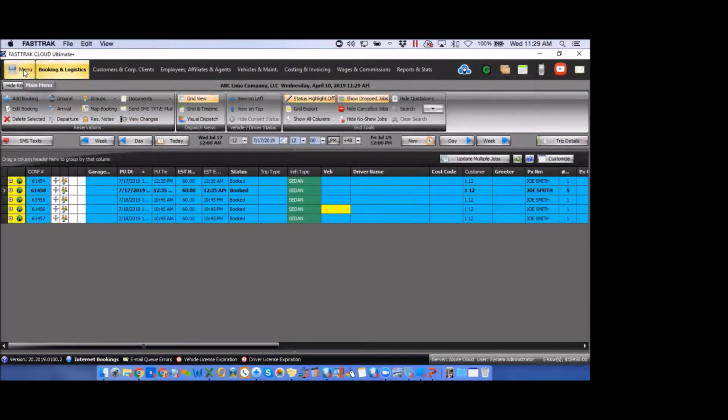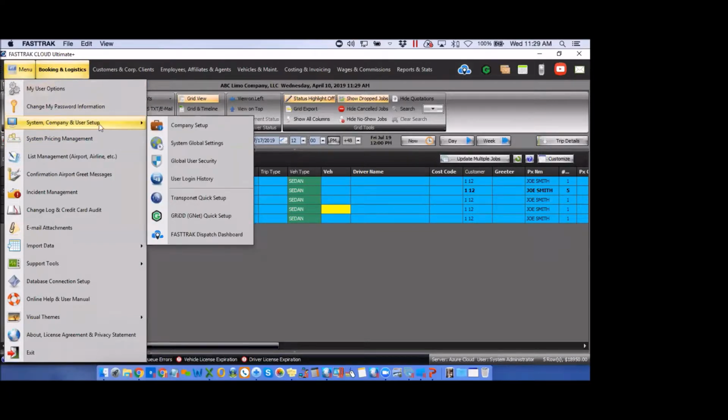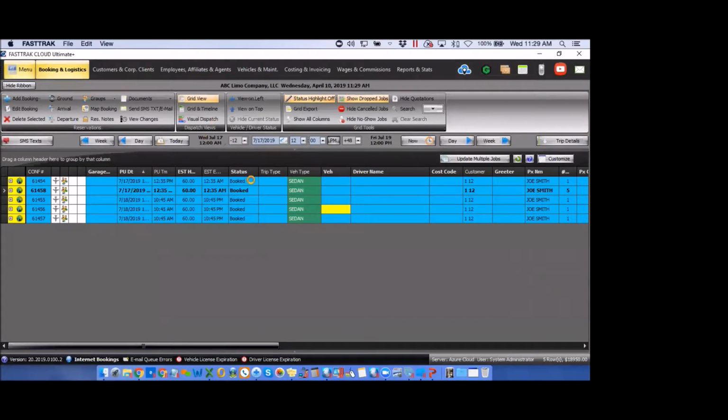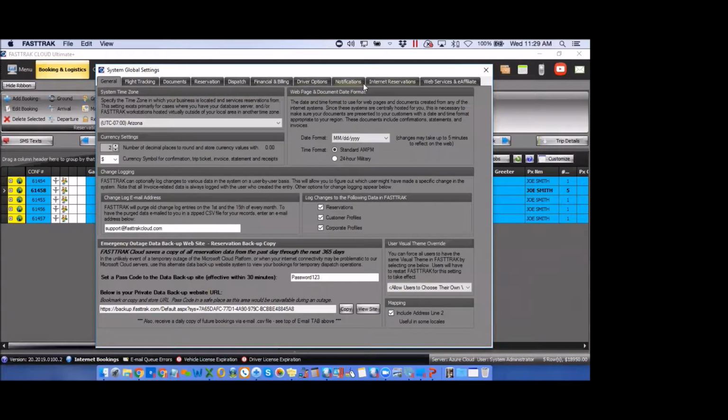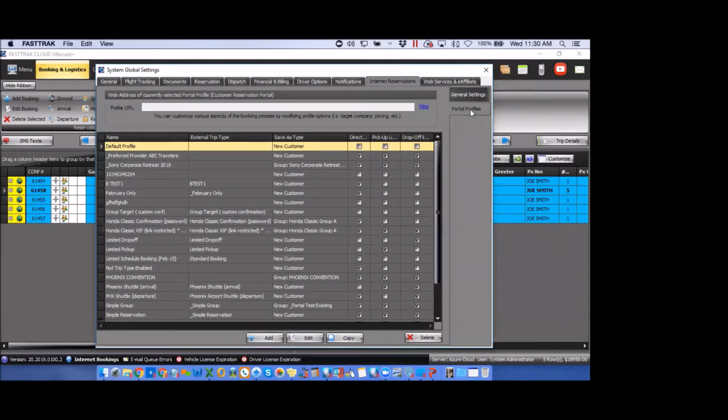So if we go up here underneath the menu and go to the system global settings. Now this was covered, I believe, a couple of sessions ago on the internet reservations and the portal, but we'll cover it here because this pertains to the groups. If I go into the internet reservations, again, a reminder, these are all of our default general settings. And over here on the right side, we have something called portal profiles. So if I go to portal profiles,